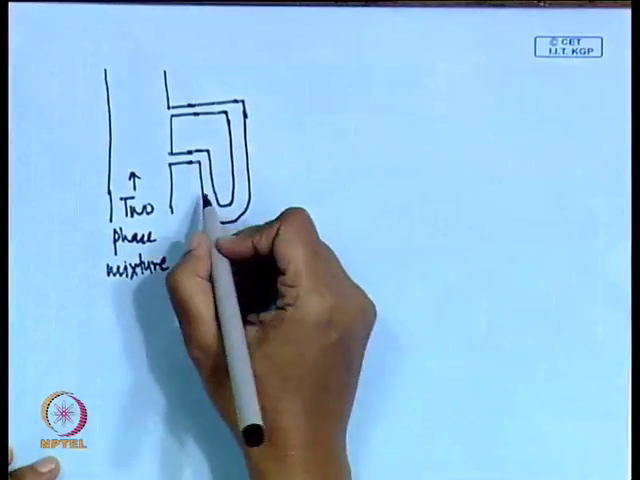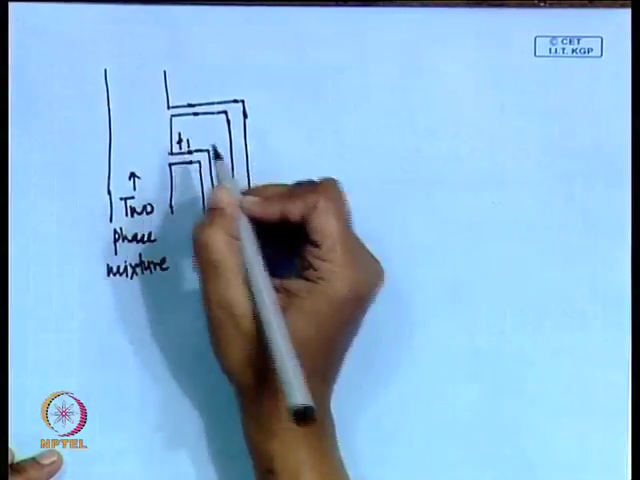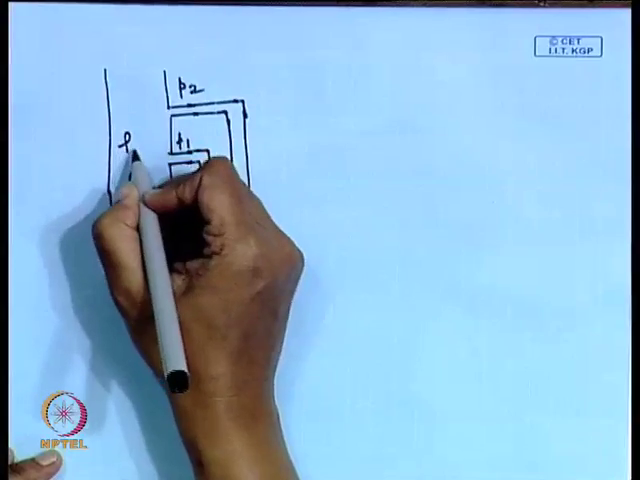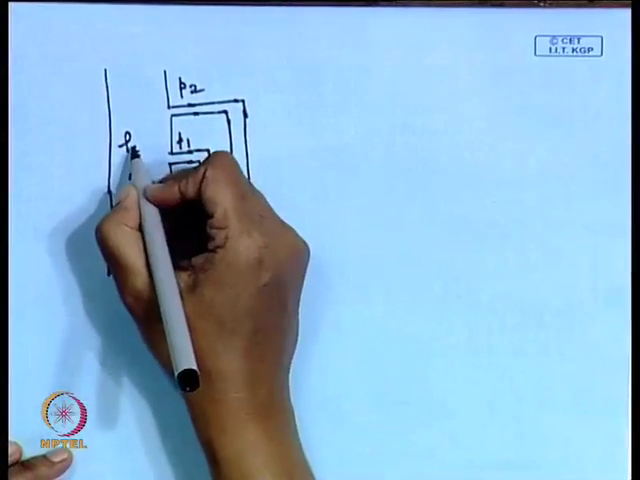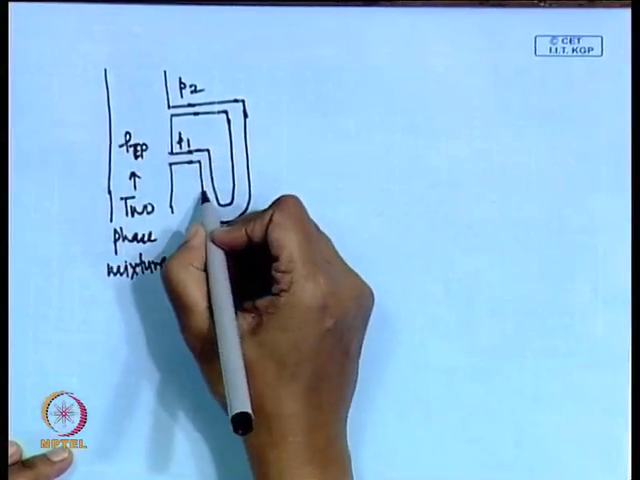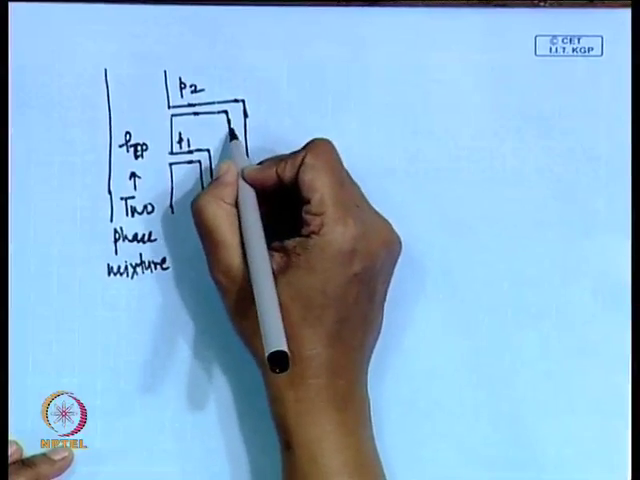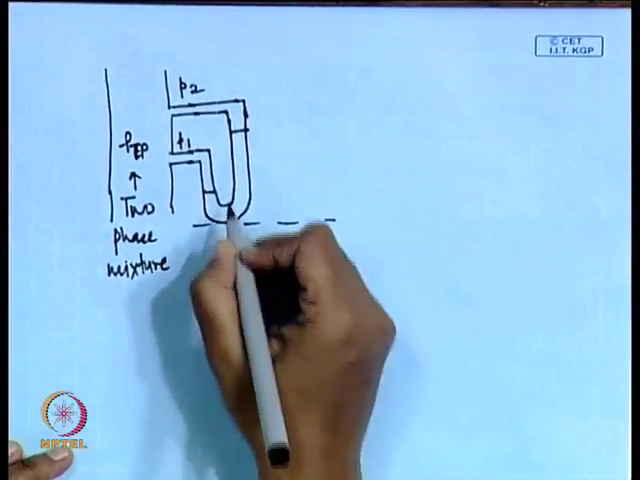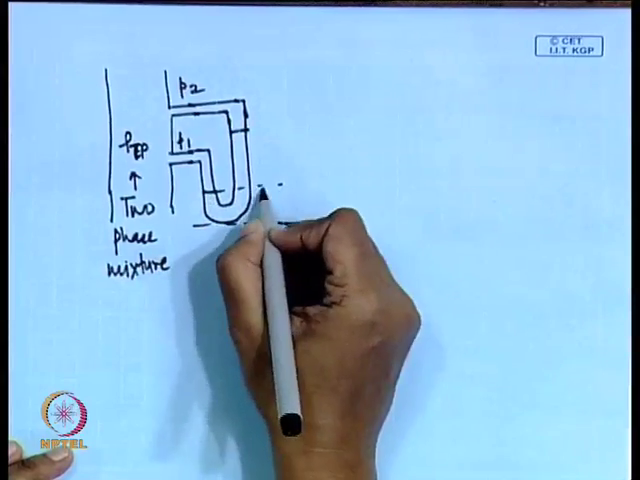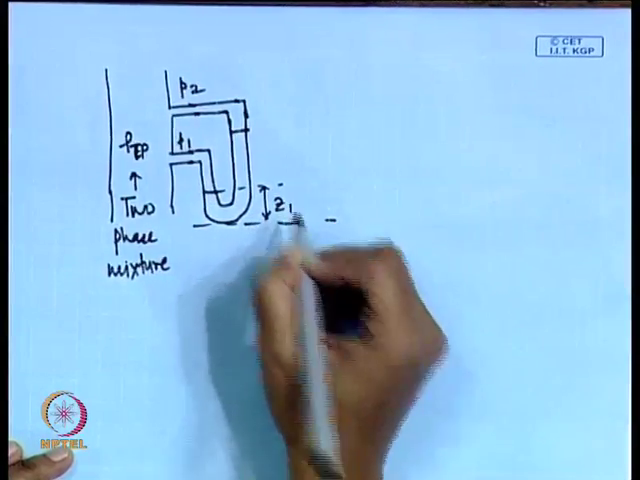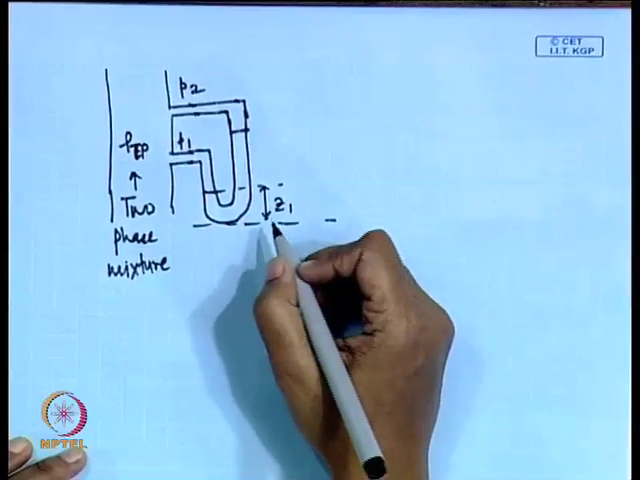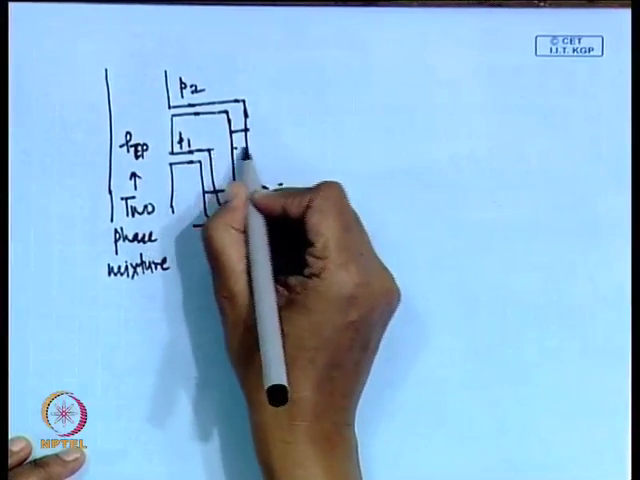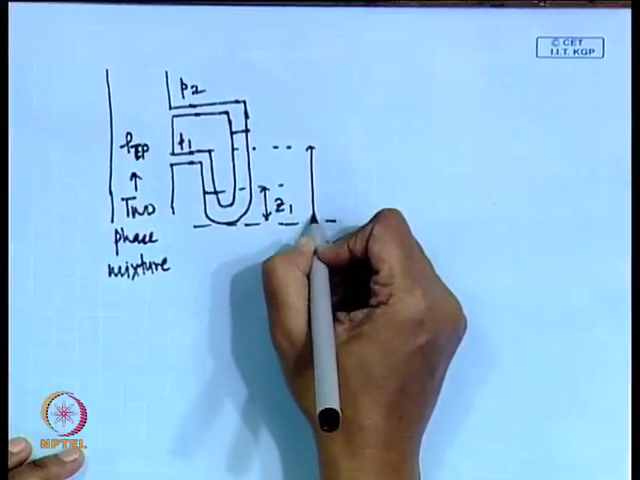So, this is connected to a manometer line. The pressure here is P 1, the pressure here is P 2, and this two-phase mixture is flowing with a density, say rho TP. Here the manometer level is somewhere here. If we take this as the datum, then this is going to be say Z 1, where Z is the vertical distance of different points from the datum that we have selected. This will be say Z 2,